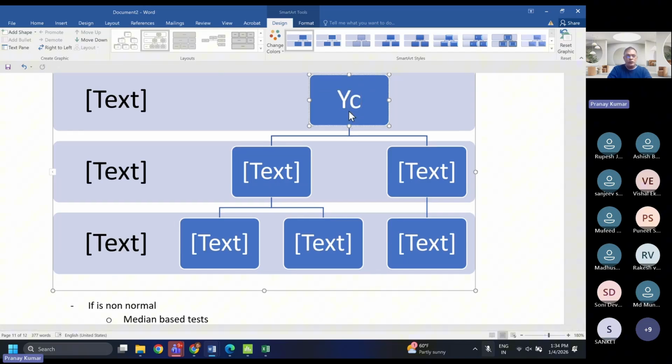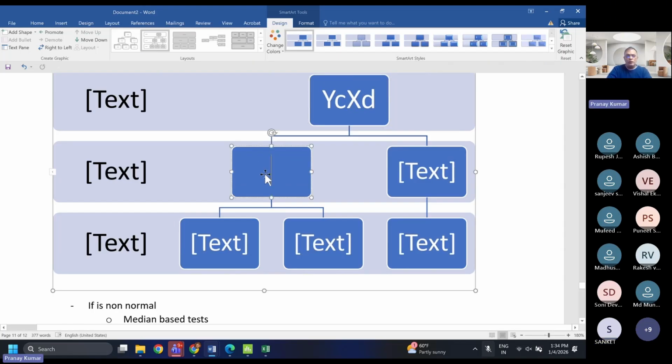Y continuous, X discrete. If y is normal,